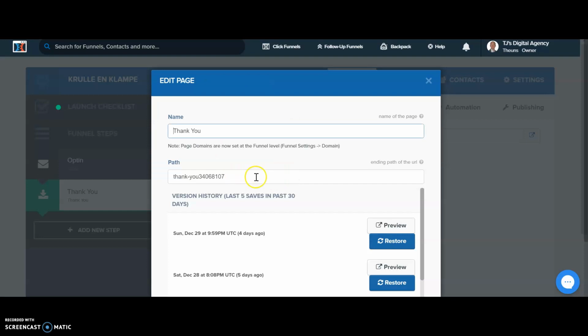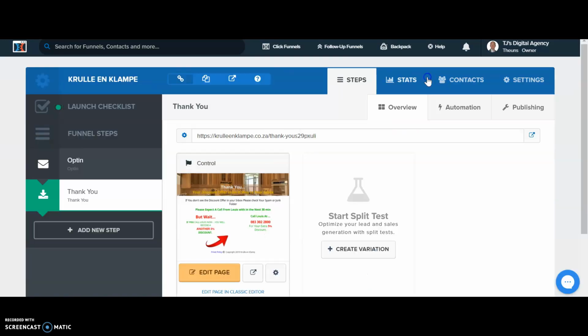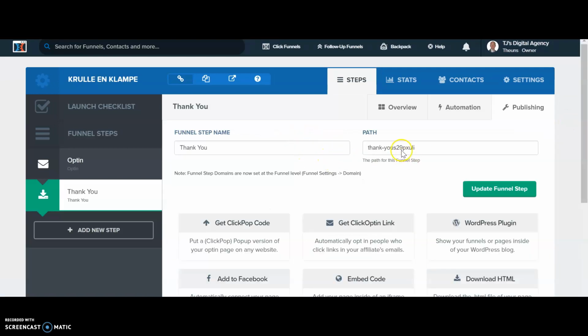So you can either change your path from here, or maybe you have it on the publishing. So this says thank yous 29px, so this is for the publishing. So you can go under publishing and you will see it here. Okay, so you can actually just edit